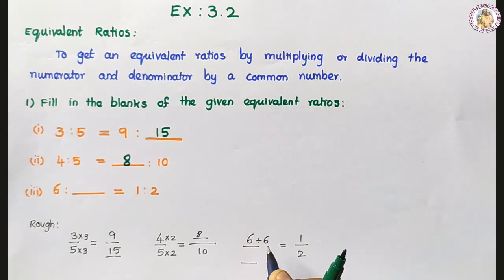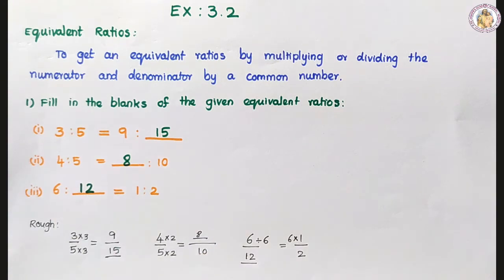Divided by itself, that is 6, equal to 1. Here multiply with 6. So that is 6. Here also multiply with 6, that is 12. That is divided by 6 we get 2. So 12 is the